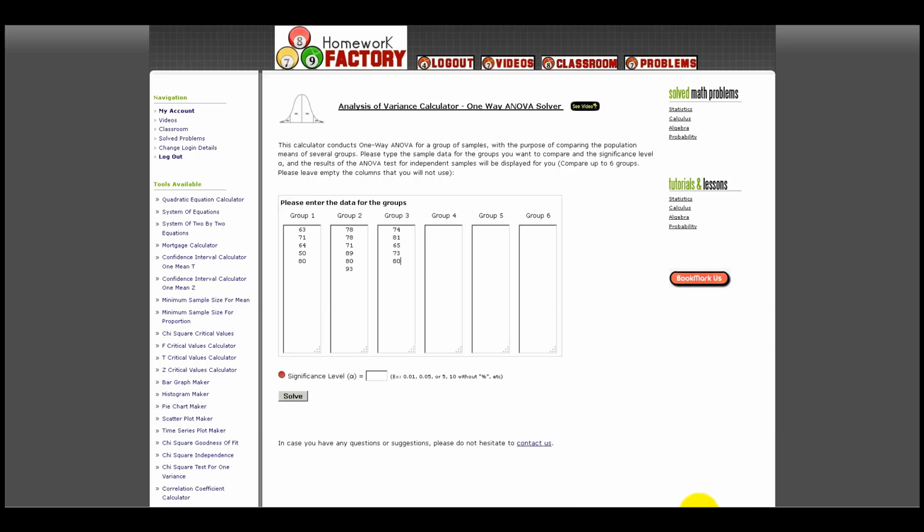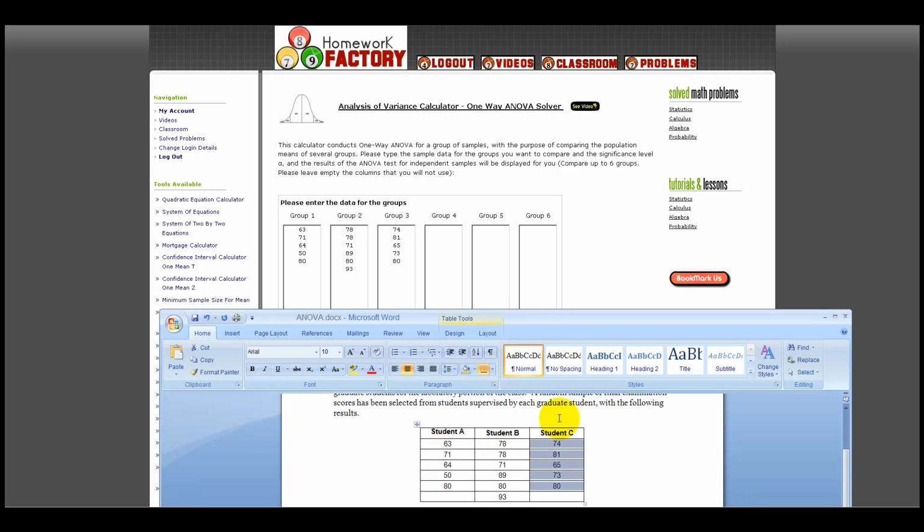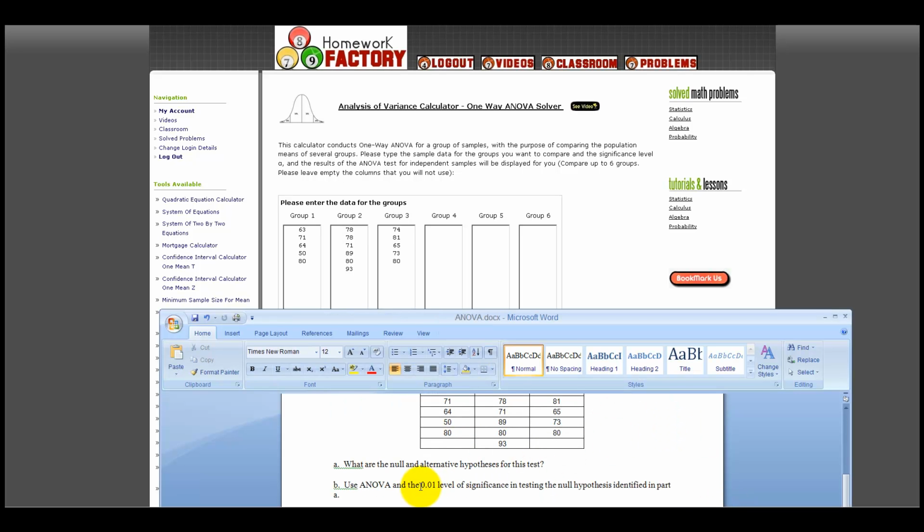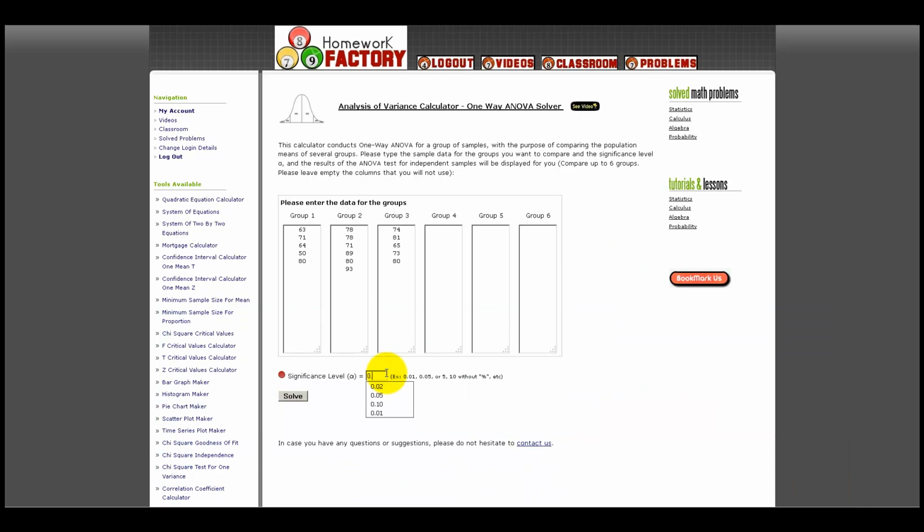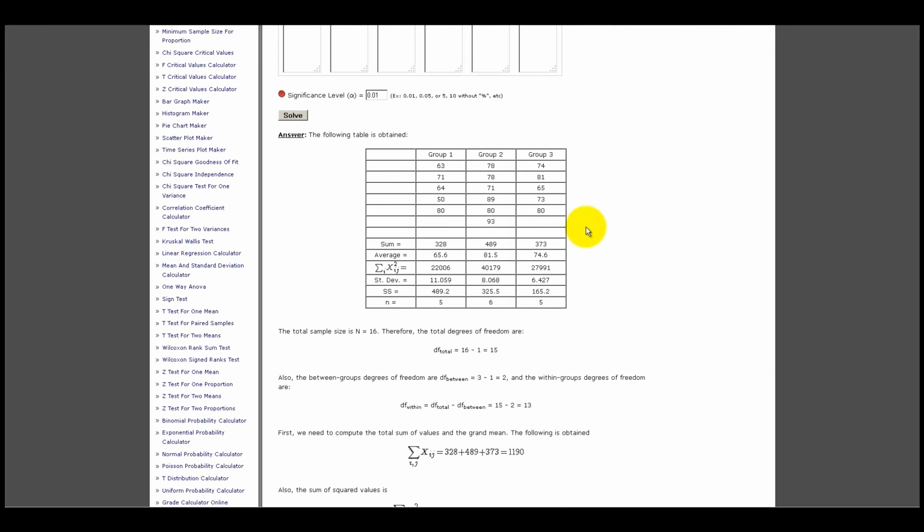And then the last thing, I need to know what the significance level is for this example, and they're telling me that they want to do this at the 0.01 level, so that is 0.01. Okay. And what do I have to do now? Well, nothing else. Just click on solve here, this button here, solve, click, and then voila,